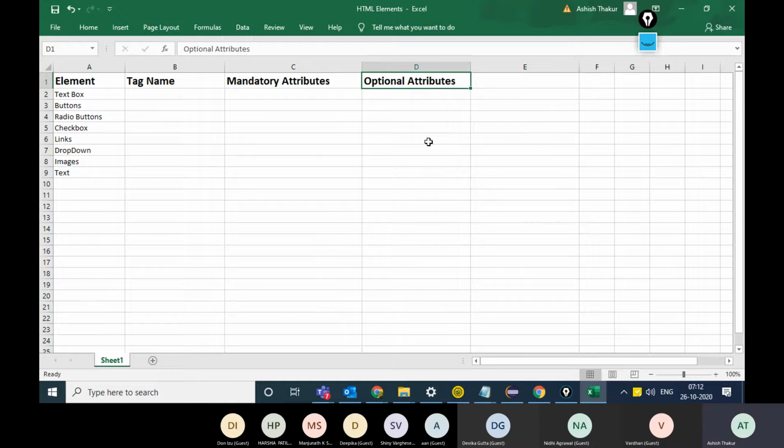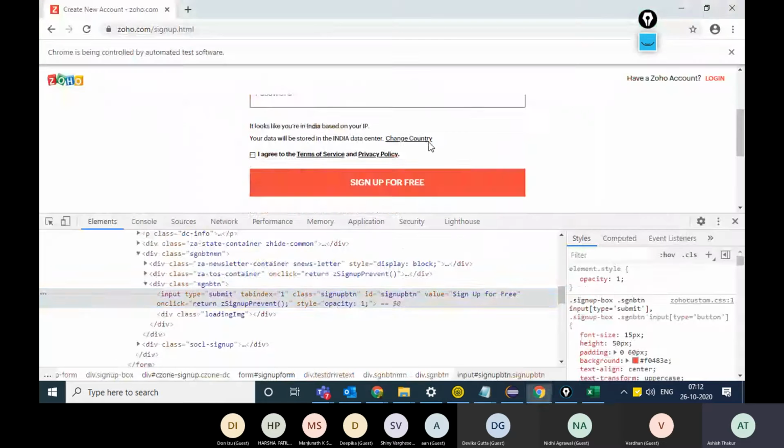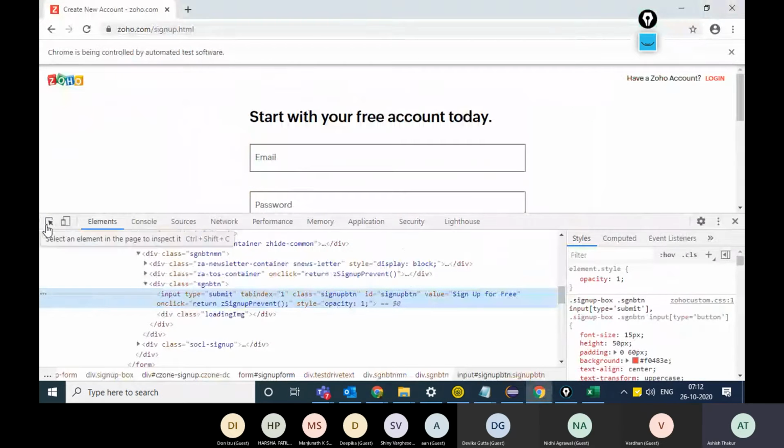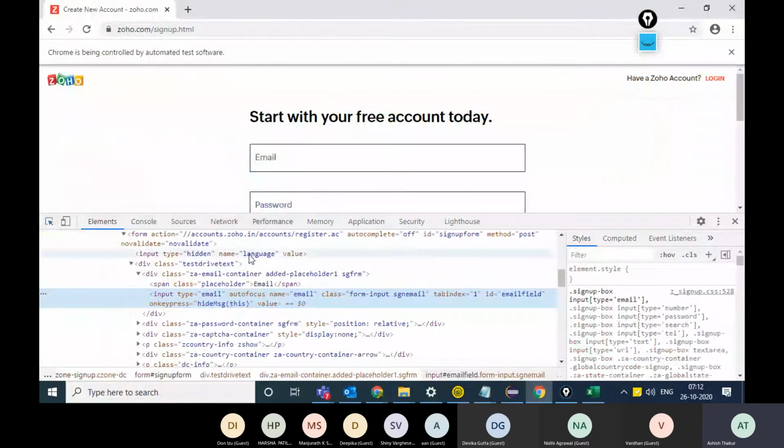With attributes and tag names, we go and identify the elements. For example, in case of a text box, if I look at a text box, the tag name will always be input.